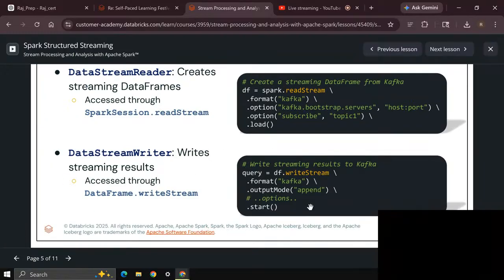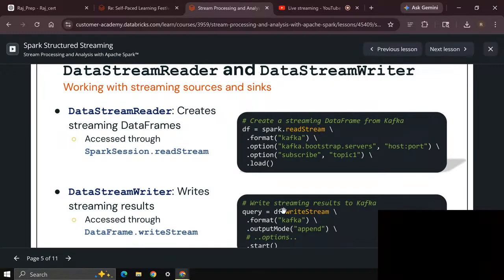Let's go through the structured streaming part. Data stream reader and data stream writer. These are the two operations which will help you to read and write from a stream. Stream writer we will call usually. So, create streaming data frames,